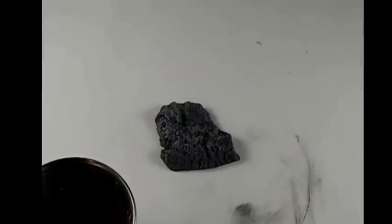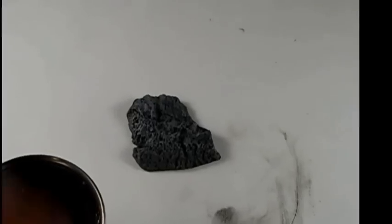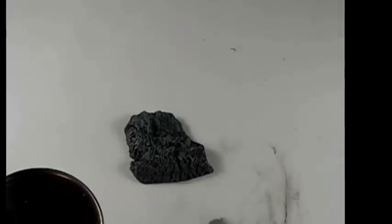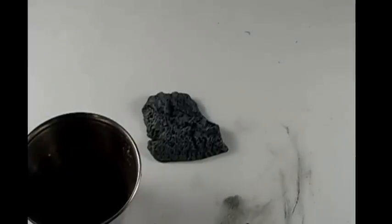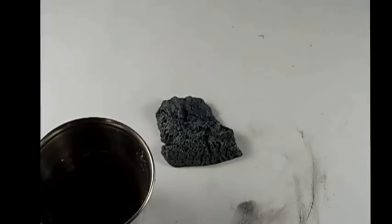So all we do is we take our weathering powder of choice, which I'm going to be using a mixture of Forge World Dark Sand or normal sand from the Humbrol range. I've actually found it's very good. I've started using that, but I still have some of these, so we just take a small quantity of that. Then we're going to take some Forge World Medium Earth. Not too much of this one, not quite as much as the Dark Sand, because this is a lot more